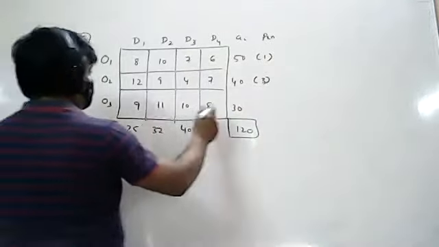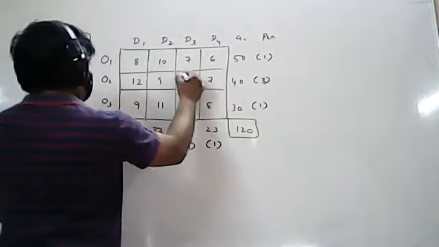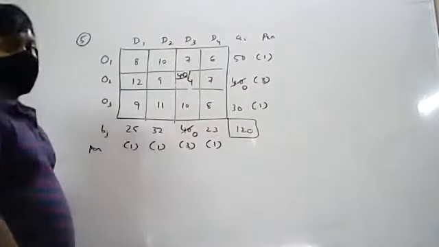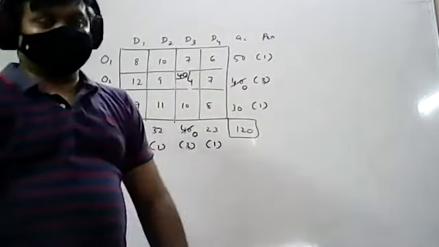Anyone means you can make the first allocation here. What is the corresponding row value? 40. The corresponding column value 40. So 40 minus 40 is 0. When you get both sides zeros, either cancel the row or the column, but not both. You can cancel the row or you can cancel the column, but don't cancel both. So I will cancel this entire row. Otherwise, you can cancel the entire column, your wish.